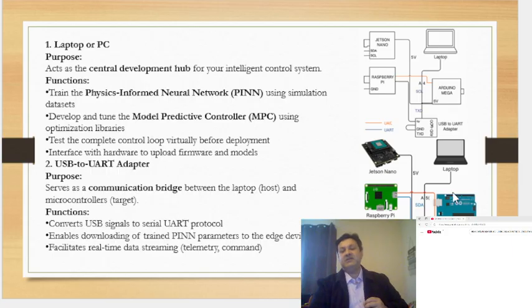But for the actuation, for something to be done according to the model predictive control that is modeled in my algorithm, this has to take care of that. The Jetson Nano is here, and its function is to process complex physics-aware predictions, for example, thermal, multi-sensor states. So this has to process those complex physics. It runs trained neural models in TensorFlow and PyTorch. As I said, because in my Python that I had